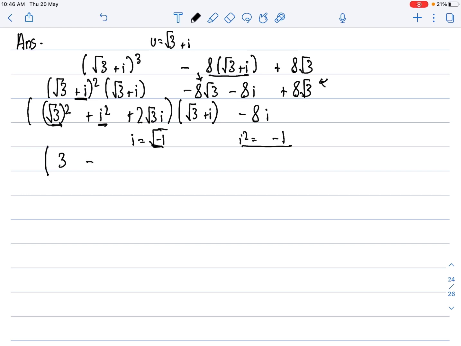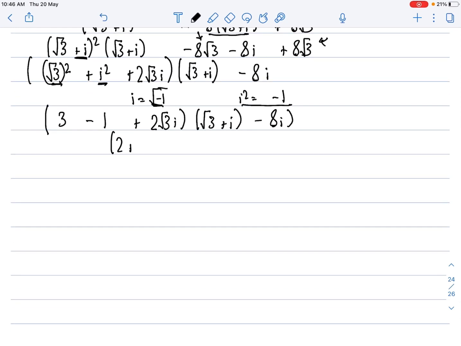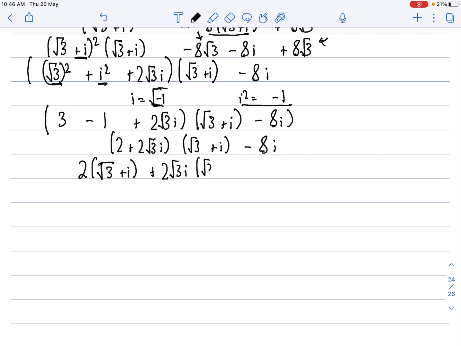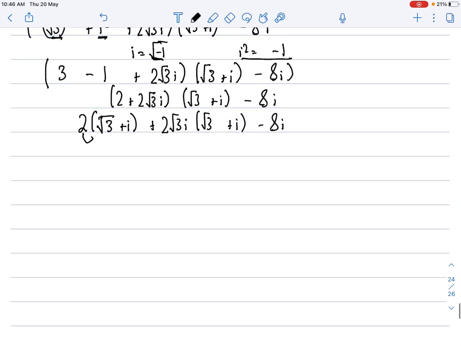i squared is minus 1, plus 2 root 3i into root 3 plus i, minus 8i. So I can write this as 2 plus 2 root 3i into root 3 plus i, minus 8i. Now I can write this as 2 into root 3 plus i, plus 2 root 3i into root 3 plus i, minus 8i. So I can take 2 inside the bracket to get 2 root 3 plus 2i, plus, when